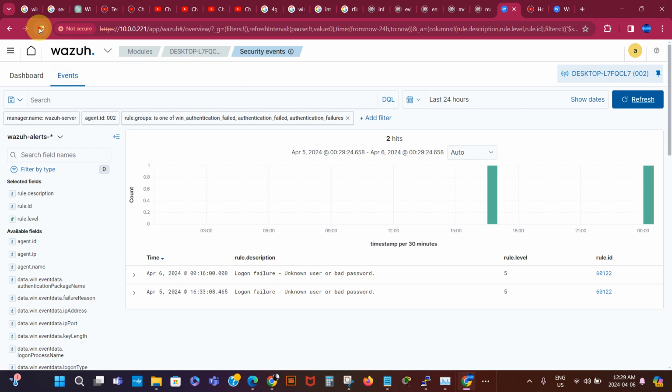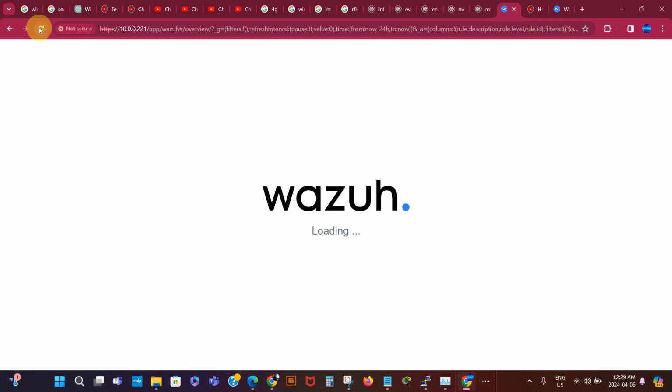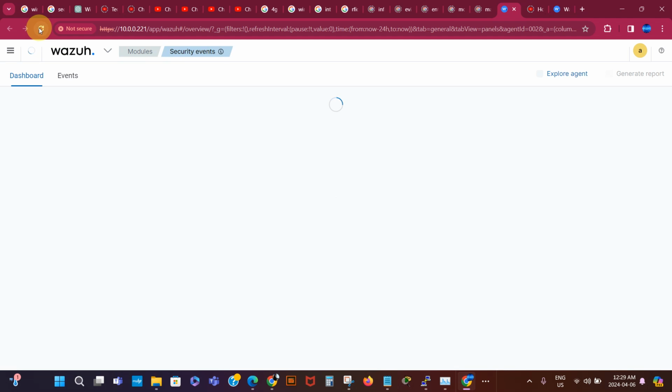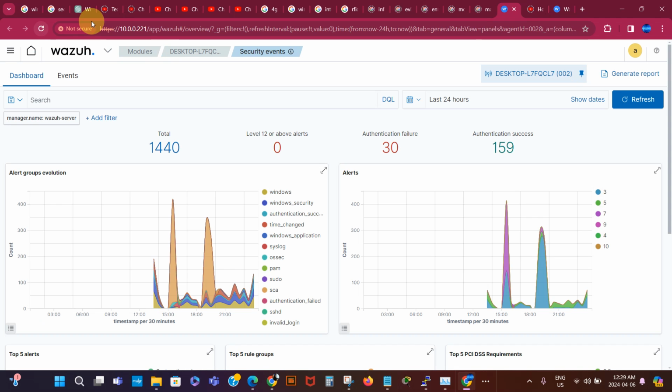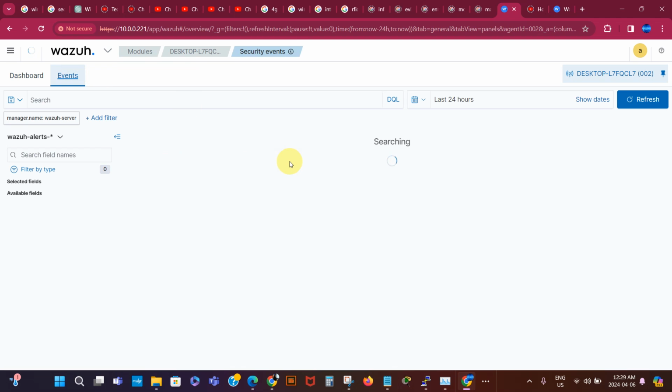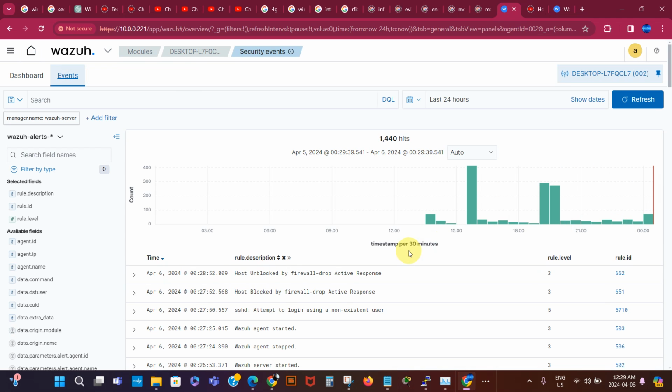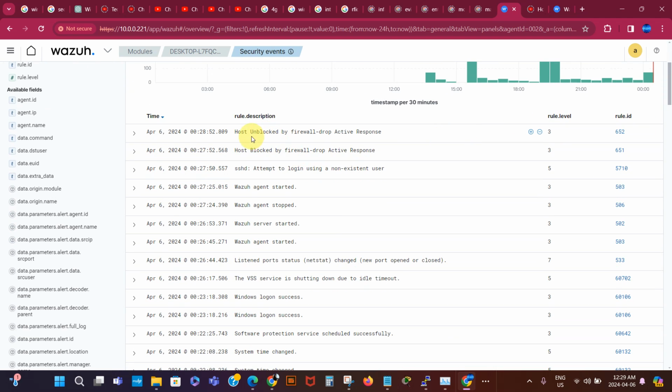So I'm going to refresh this browser again. Okay, 30 authentication failures now. Let's go to the event. So as we can see, this is what we did. This is the rules that we set. The host was blocked by firewall, and then it was unblocked after 30 seconds. So every time the host would try to connect, it's gonna block it. So that's the active response rule that we just set,